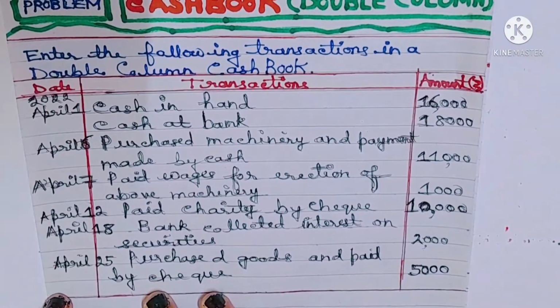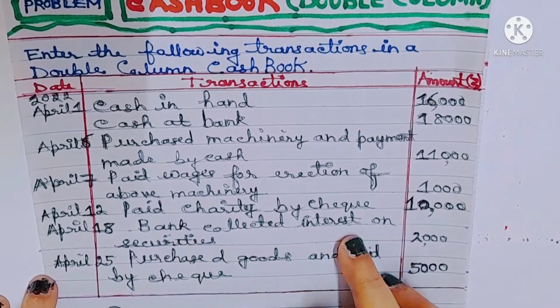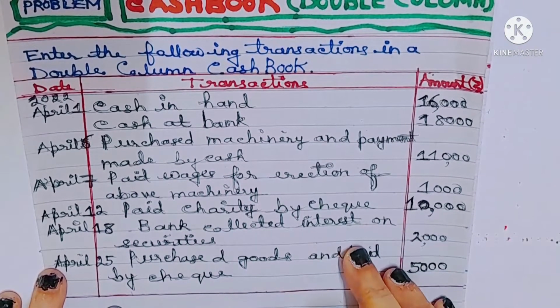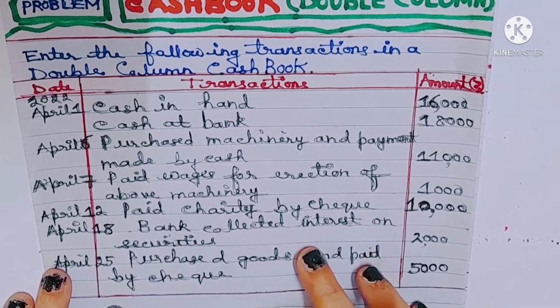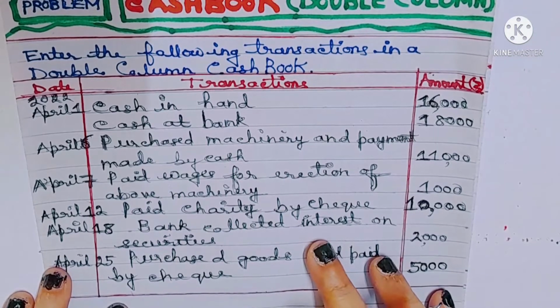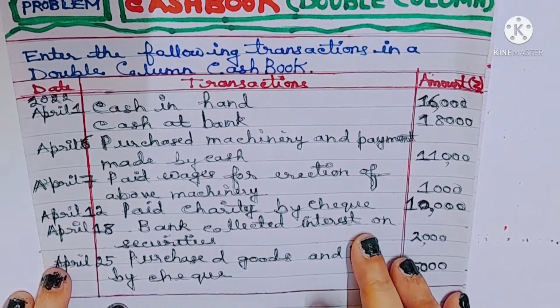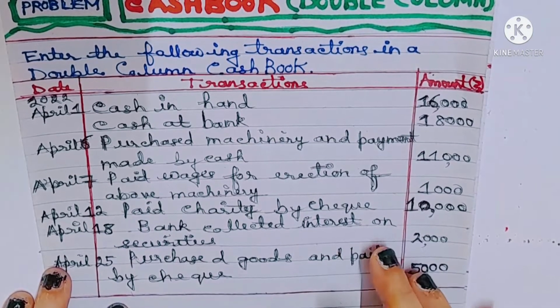So now let's see the next transaction. The next transaction is on 18th April: bank collected interest on securities 2,000. So what will be the journal entry? The journal entry will be bank account debit to interest account. So what is the position of bank account? Since bank account is on the debit side, interest account will also be on the debit side. So we'll have to write to interest account in the cash book on the debit side in the bank column